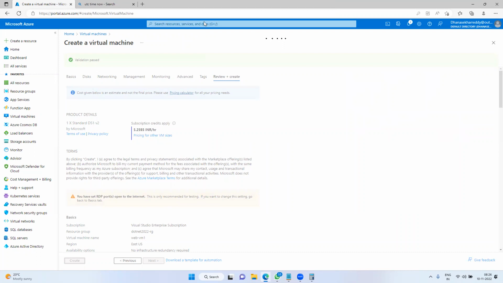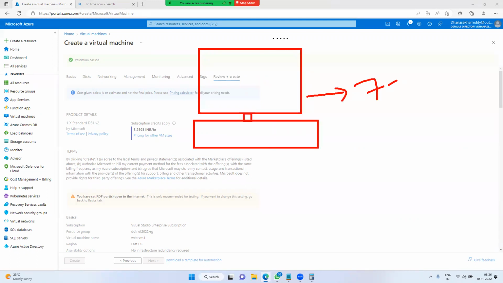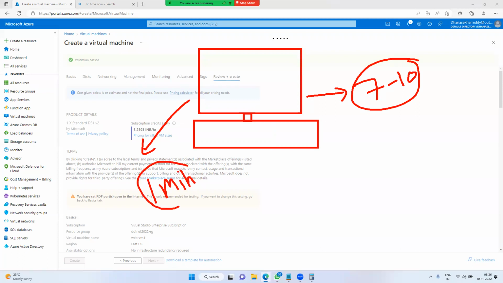Are we actually creating a normal OS or a server? Let me complete it. If you would like to create the same server on-premises, trust me, it will take 7 to 10 days. But I am deploying the same server in the cloud. At max it will take a minute, only a minute. This is why cloud became very popular in the market during the COVID period.